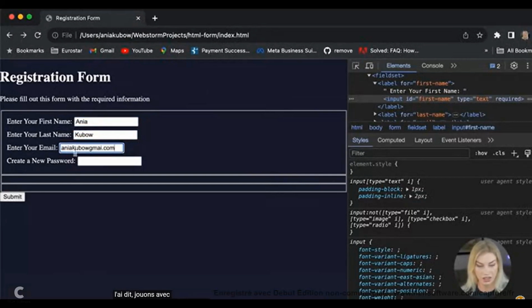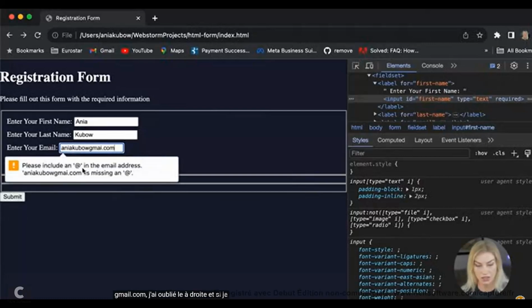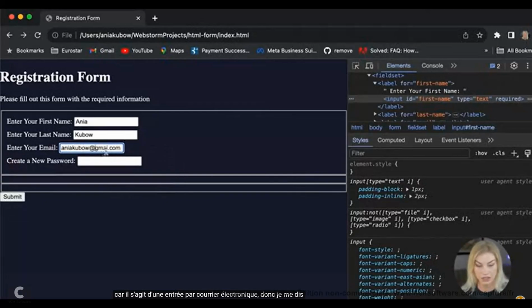I forgot that @, right. And if I click here, it says please include an @ because it's an email input. So I'm like, oh yes, okay, @gmail.com. And if I want to create a password, I can also create a password that has a minimum